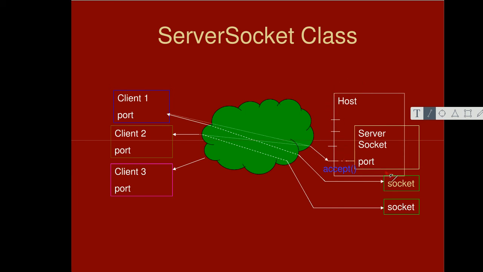This server socket might involve port 80, but when you connect to that port, what the remote host is going to do is create another socket just for you, just for this client number one, or client number two, or client number three, or client number 100. And the socket is going to provide a new port number, same IP address, on which you can communicate.